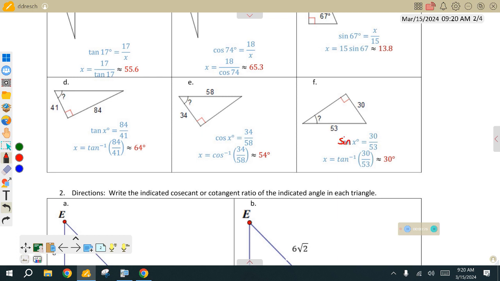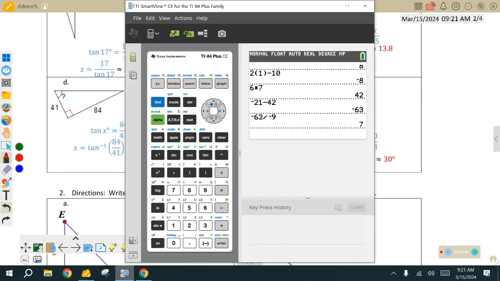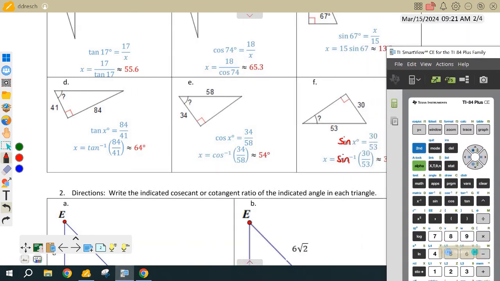Okay. As always, as I said, I'm working on these keys in between classes and all that. So it is the sine ratio. I made a mistake. So second sine, right? It's the inverse of sine. It's still 30 over 53, opposite over hypotenuse, and as we go to that calculator of ours,